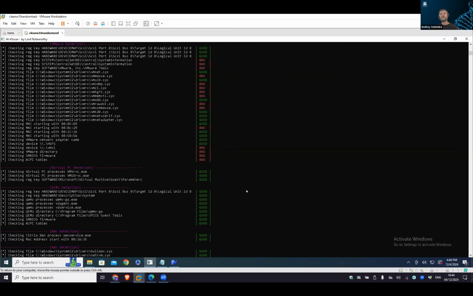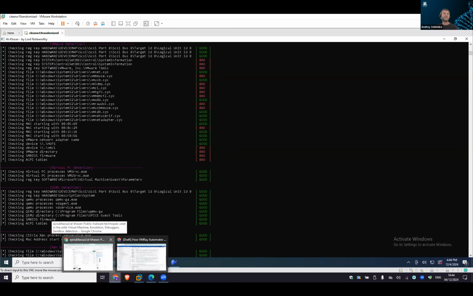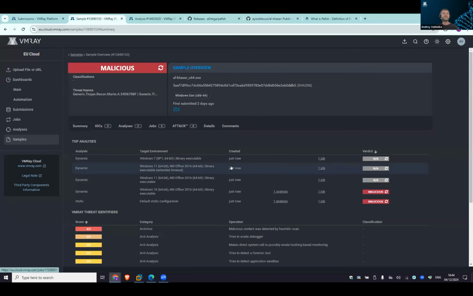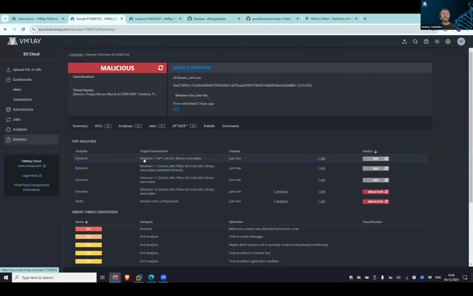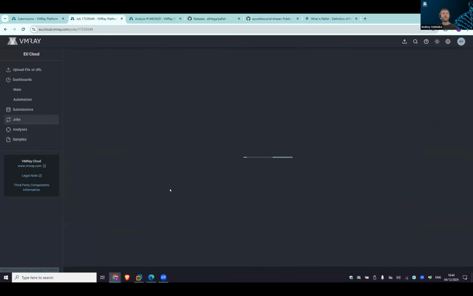So basically what is advised, if you want to see how good your sandbox is against those evasion checks, is to throw in one or both of the samples, and enable automated interaction with the sample, because you will not always be in front of your sandbox when you want to analyze something and see the outcome. In case of VMRay, that's the results for Al-Khaser. As you see, we have detected everything,